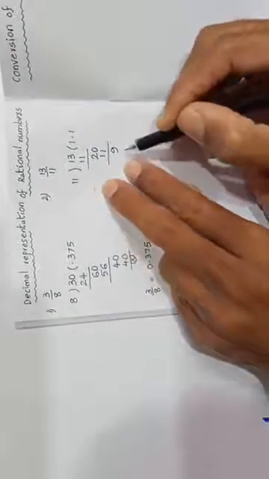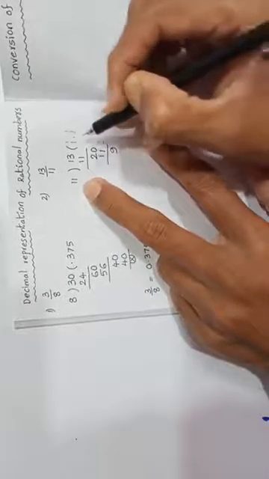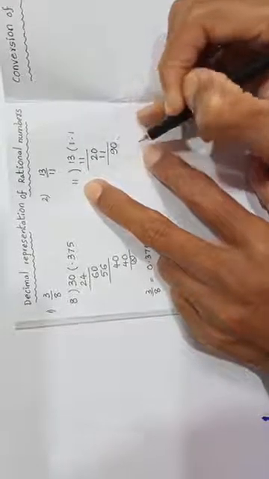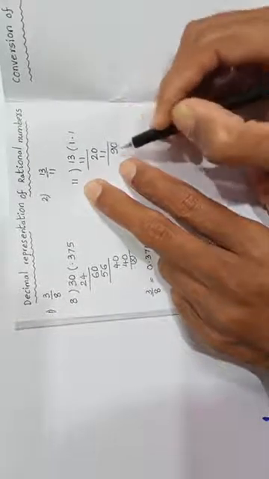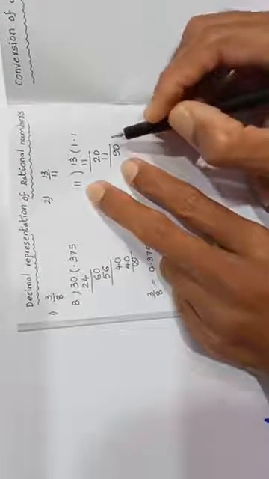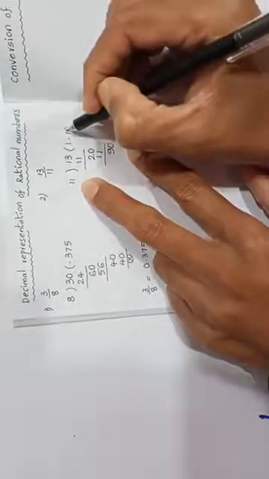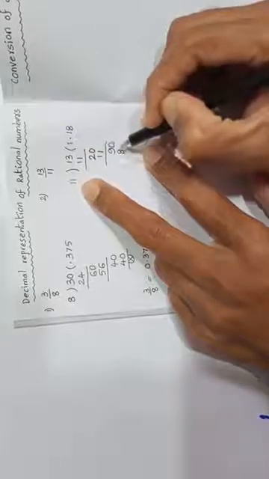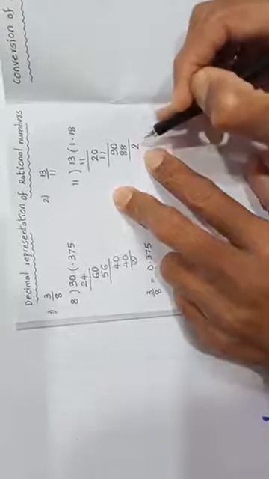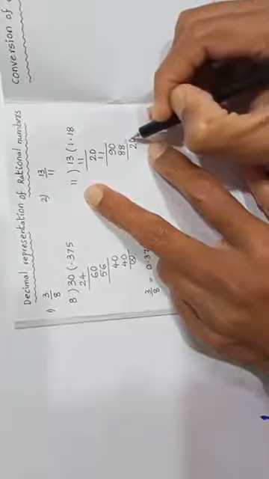Again 9 is not possible in the 11 table, because 9 is lesser than 11. Therefore we take a 0 again. Once we put the decimal, we can take 0 as many times as needed. So 11 table 90: 11 8s are 88, 11 9s are 99, which is exceeding. So 11 8s are 88. Subtracting 90 minus 88 we get 2. Again 2 is less than 11, so again we take a 0.